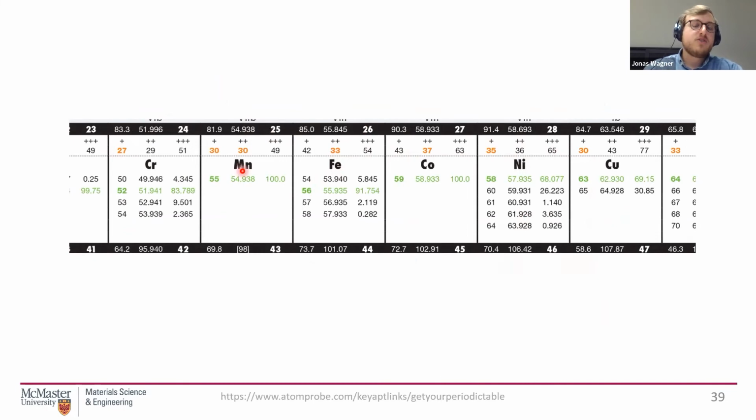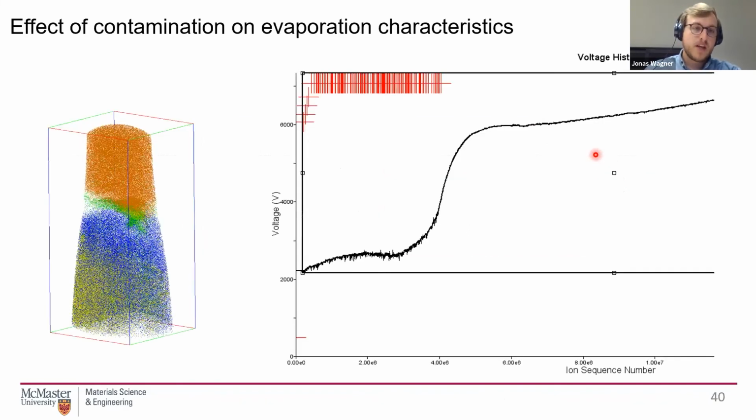Right, so what else can you try? Well, cobalt is known to not have great adhesion, so that's out. Nickel sometimes can have problems with the grain size, as I said, which can be detrimental to the shape of your tip. So I said, okay, let's go and try copper. And copper really worked well in terms of the mass spectrum overlaps. I could resolve my tin much better.